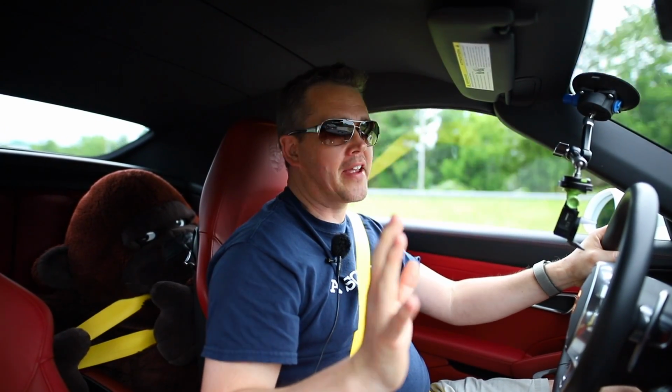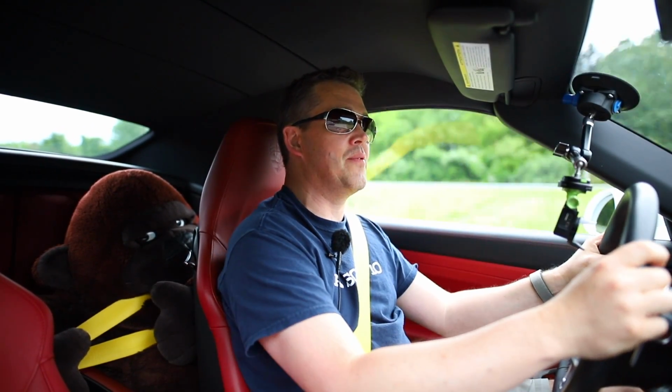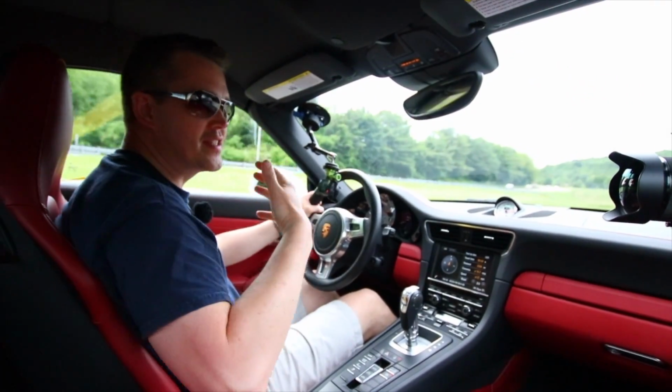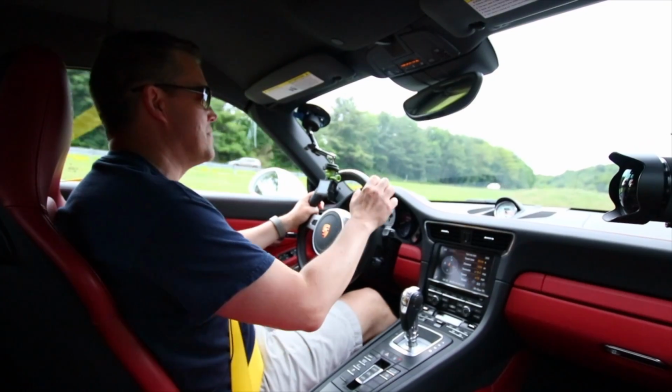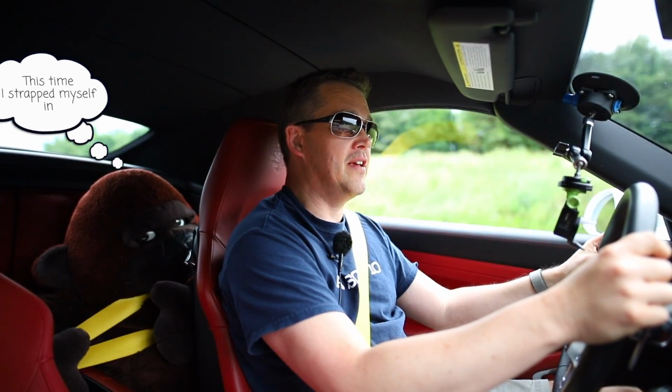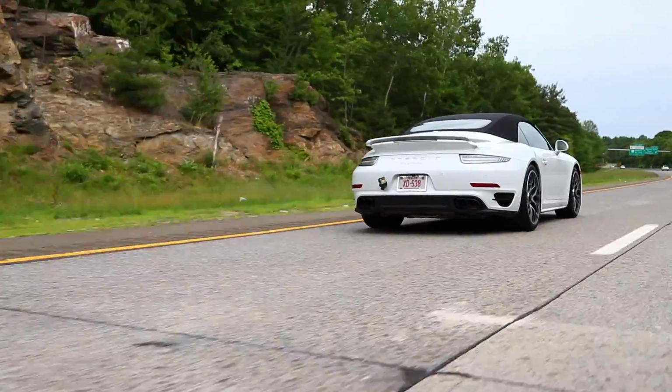Yes, I know, I'm driving a Cabriolet on a warm Connecticut summer day with the top up. I know, I'm a loser. But I have a cold, I don't have enough voice to shout above the wind today, so the top has to remain up. Anyway, as you can see, today I'm driving the Porsche supercar, the Turbo S, which truly is